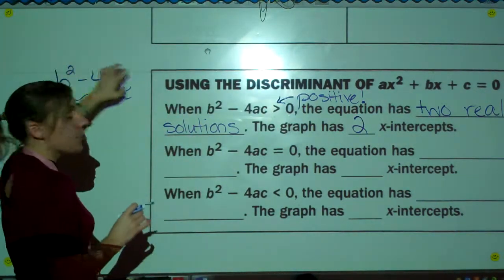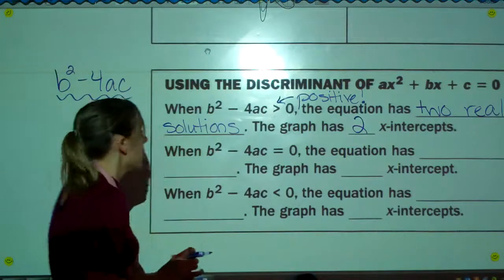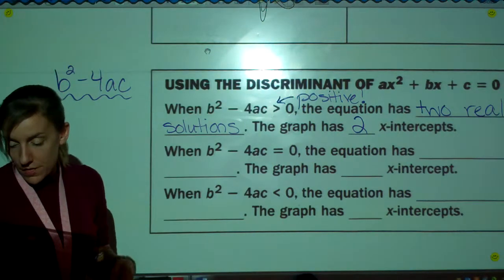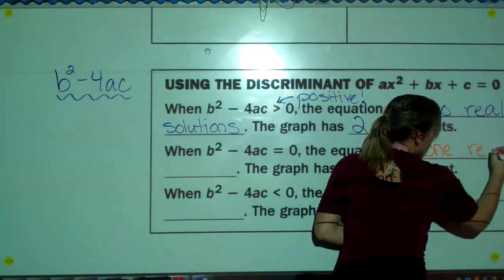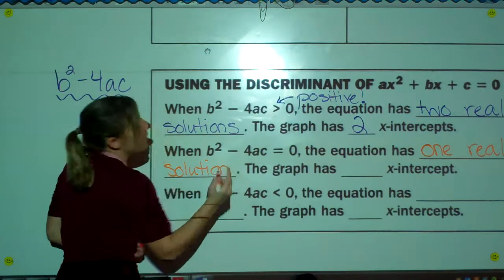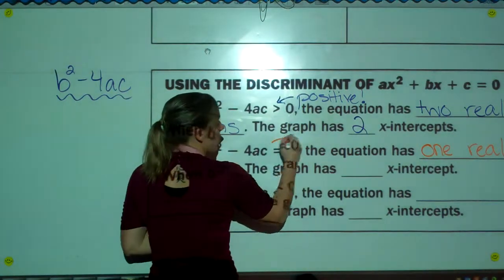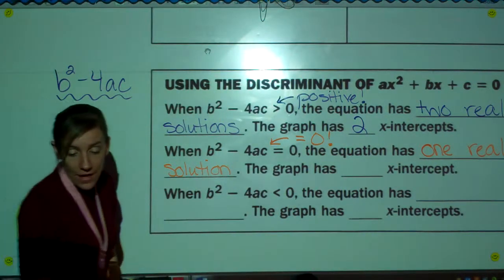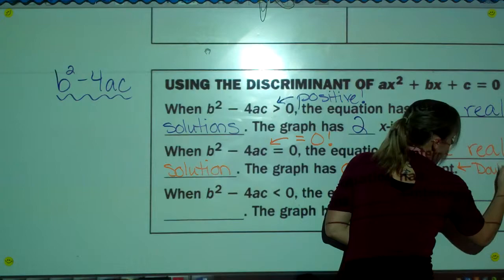So if that number underneath the radical is positive, then you have 2 real answers, because it really crosses twice, okay? When b squared minus 4ac equals 0, so remember that 0 means that it pretty much cancels out. It has 1 real solution. So like the problem up above, number 2, there was only 1 answer because inside the radical should have been a 0. So it equals 0. And the graph has only 1 x-intercept,